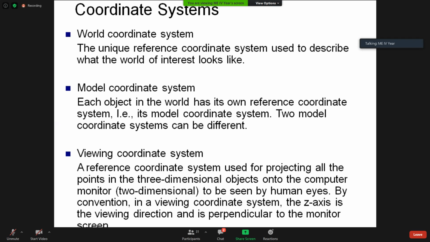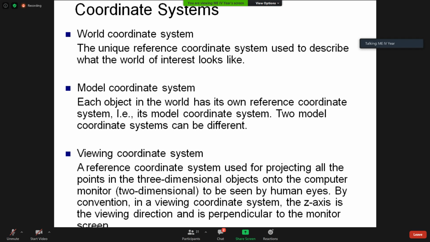If you know this, then only you can draw the proper orthographic projections by using the isometric projections, and similarly vice versa. By proper reading of orthographic projections, you can draw the isometric projections. We'll get this kind of problems in the laboratory. Is it clear to all of you? Here we have 3D and 2D coordinates, so that's why I'm recalling these things. Clear now?